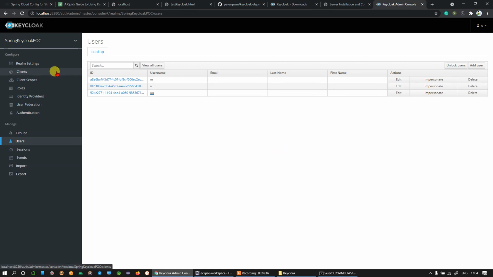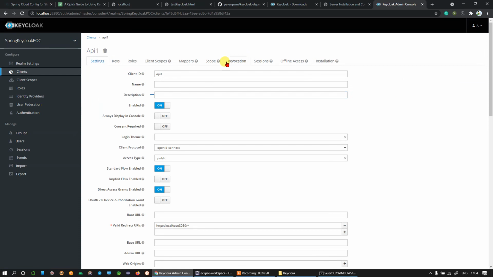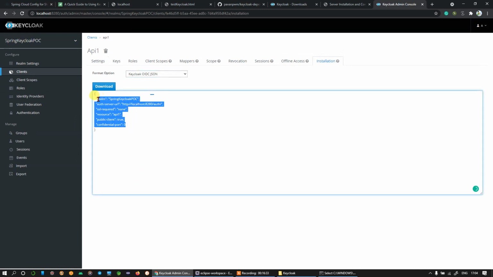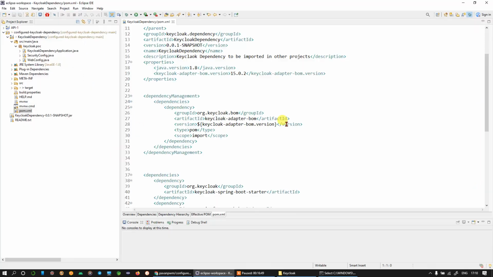Now let me show you the configuration for clients. Clients are nothing but APIs, as I said already. Now we need to go to clients and click on API 1 or whichever API you have created. Click on installation, click on select format, and click on JSON. Okay. So this is our configuration that we need to put in our Spring application properties. Okay. Now to use